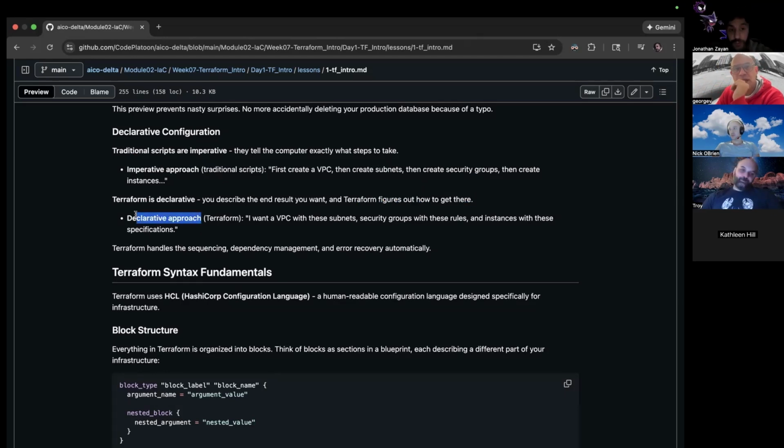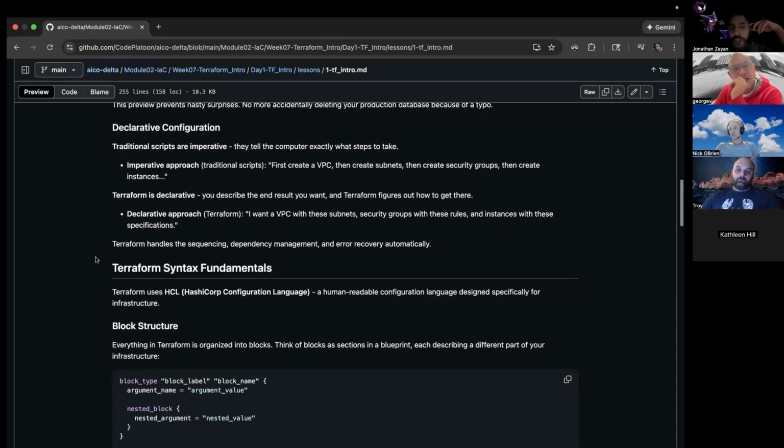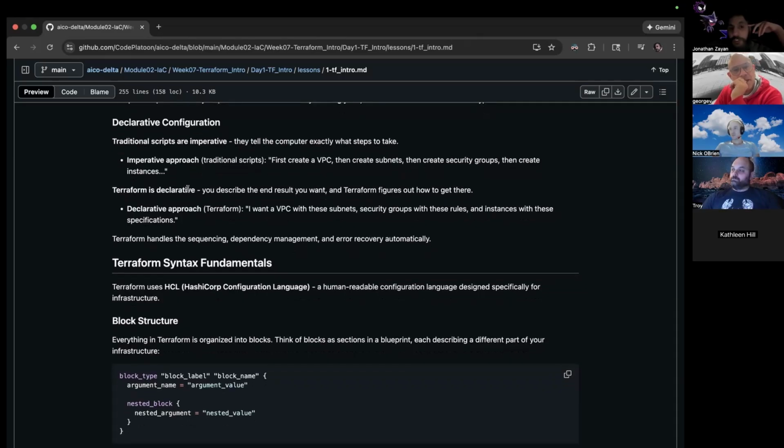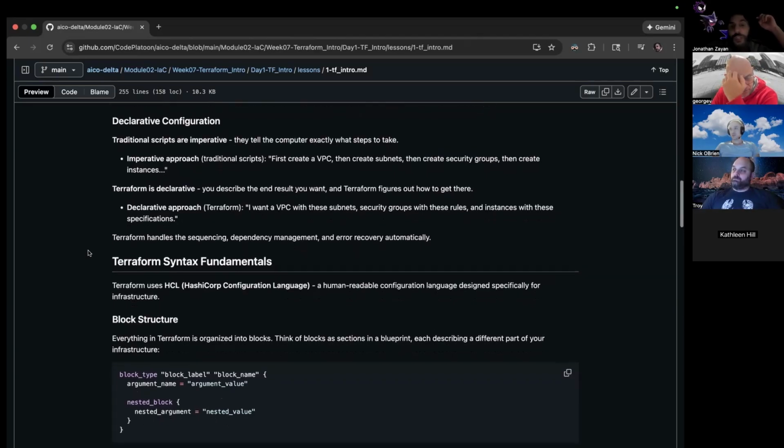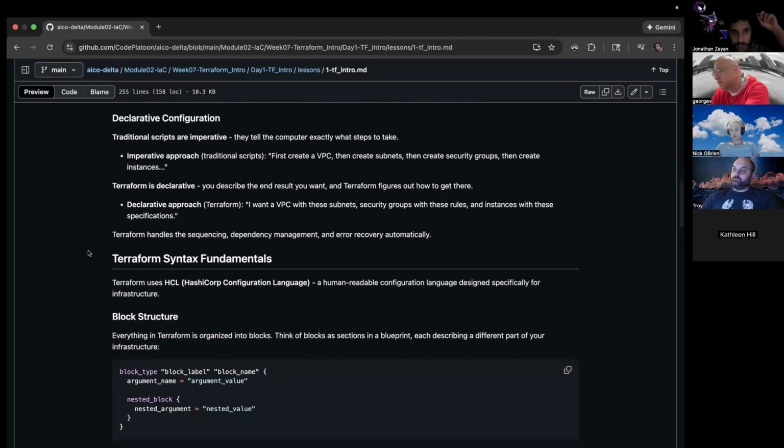With that same declarative approach, you'll say, I want a VPC with subnets, security groups, and instances. Instead of saying do this, then this, then this, then that, you're just saying this is the totality of the end result, and it's going to take care of it. Sometimes you may run into instances where you do need to set a dependency, like, hey, when this is done, run that. But it's not so common. So just know that Terraform is declarative.